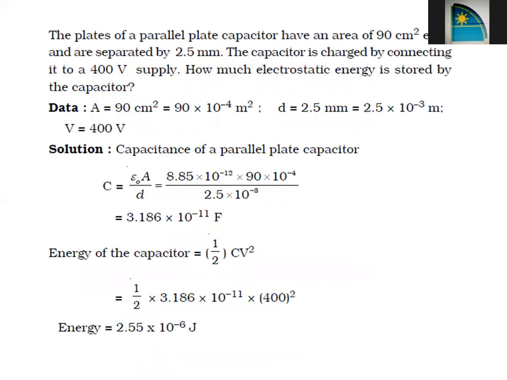This is one more question based upon capacity of a capacitor. And then we had also calculated the energy stored in a capacitor. Since I told that capacitor is used to store the energy, so you can also use this capacitor arrangement to store the electrostatic energy in this case. And the formula for energy stored in a capacitor is half CV square, where C is the capacity and V is the potential. It's actually very simple formula. So we can just fill the values and we can calculate the final energy stored in the capacitor.